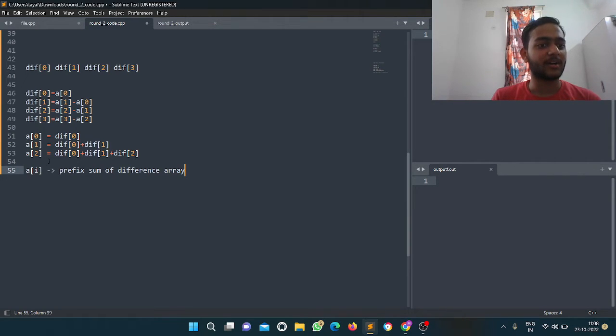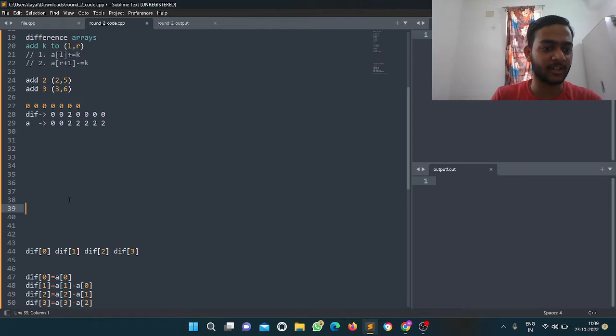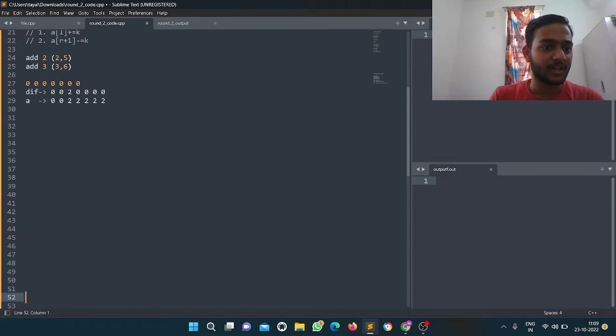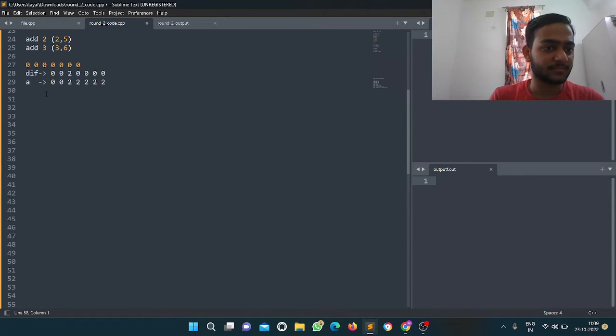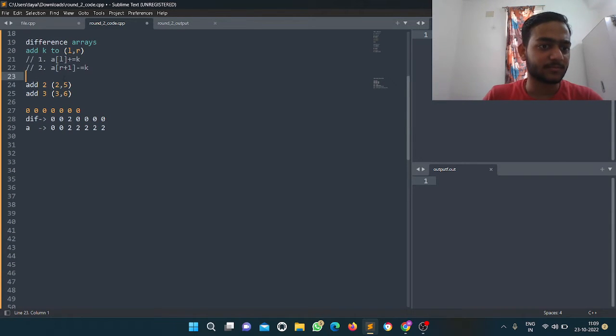A of I is just the prefix sum of the difference array. So from this, our array comes out to be 0 0 2 2 2 2 like that. Now what was our query? We want to add 2 to the elements from